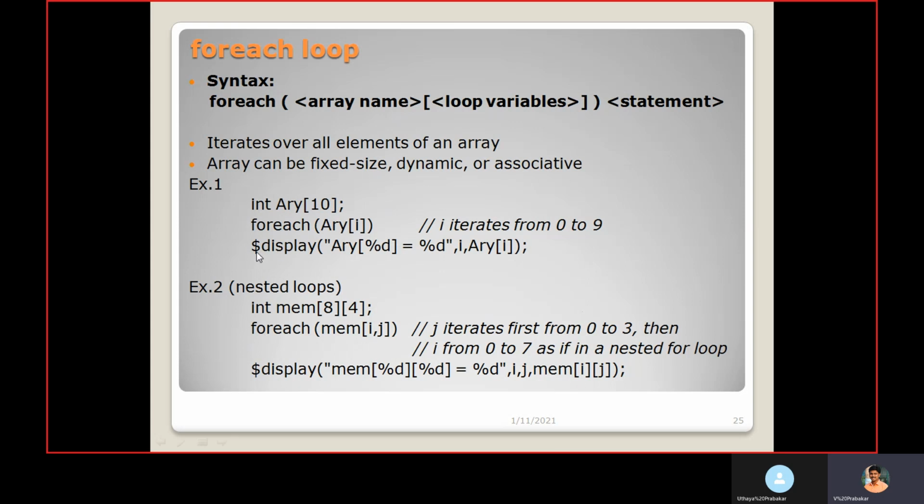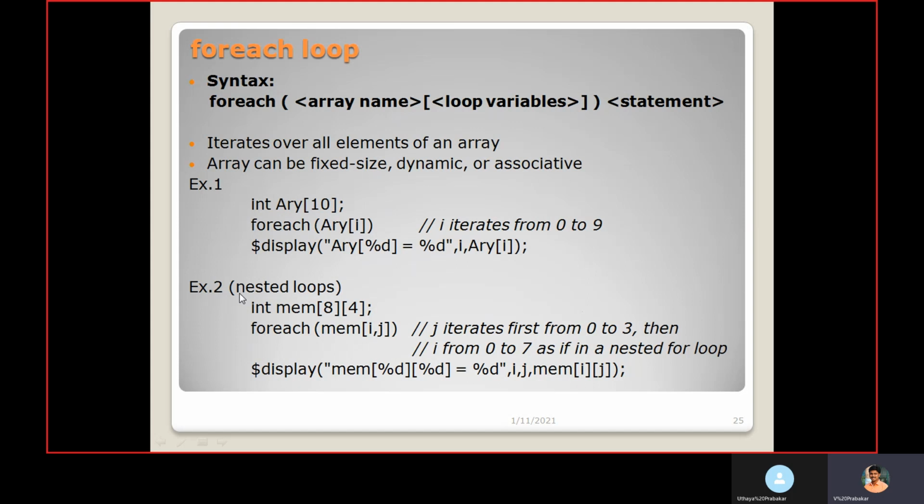With the help of $display, we are going to display the array along with the index value. So you have to mention array[%d] equal to %d. The first %d is for the index, so I have to mention i, that is nothing but the index, comma array[i], which is the value present in the ith location for the second %d.